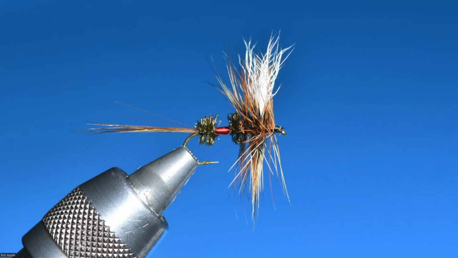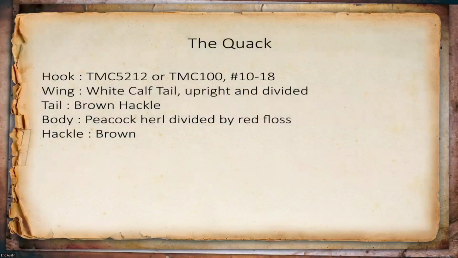He used what is it? Jim, maybe you can help me with this one. 9671 streamer hook. Does that sound right, Jim? Yeah. Okay. Yes, it does. Yeah. 9671 is 2X and 9673 is 3X. So anyhow, that's what I've used, a Tiemco hook here, and I'll show you the recipe. I've used a 5212 Tiemco, which is 2X long, but